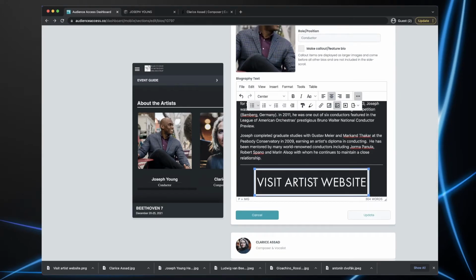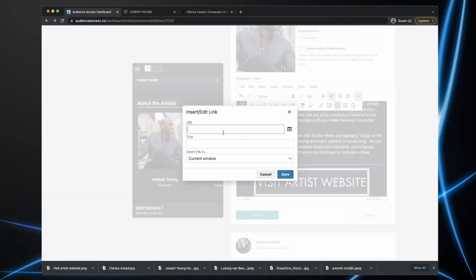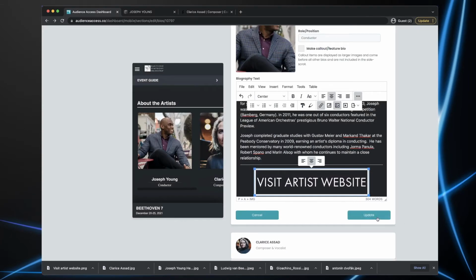While this is highlighted, you want to make sure that whatever you're linking to, whatever button or tab or piece of text that you want your patrons to tap on in order to get to that link, that is highlighted. So I got that highlighted. I want to come up here to my three little dots and then my link icon. And this is where I am pasting that URL. Now I want it to open in a new window because I'm going outside of the platform here. So hit save, update,